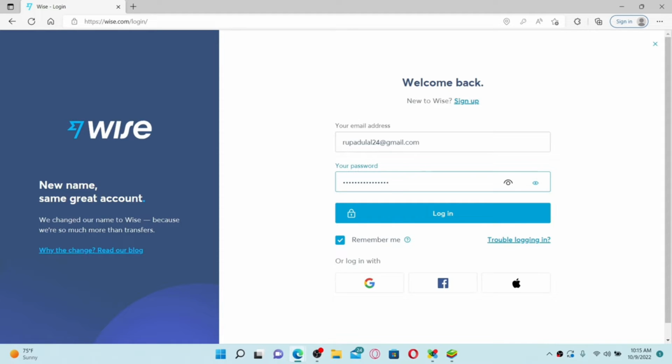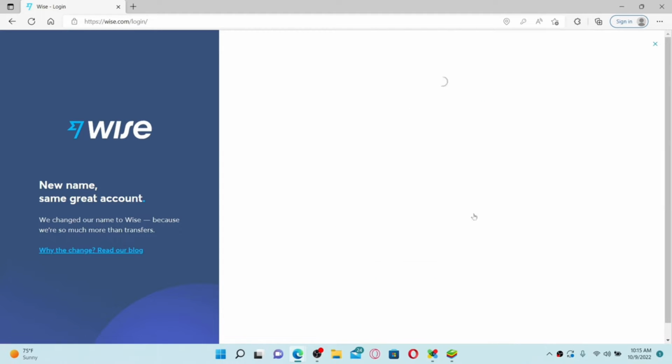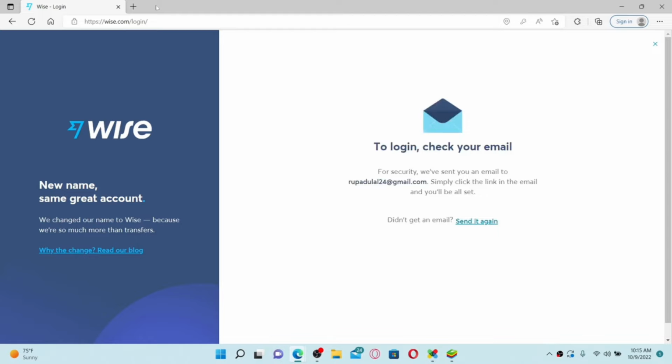Once you're done entering the credentials, if you'd like the system to remember your credentials for you, make sure to leave this box that says Remember Me checked. But if you're using a public or a shared device, leave this box unchecked for your security. After typing in your credentials, click the login button and go ahead and open up your email associated with your